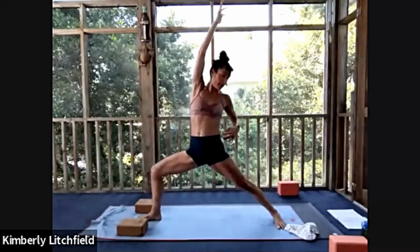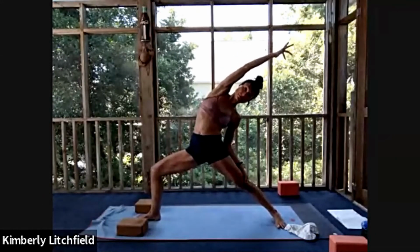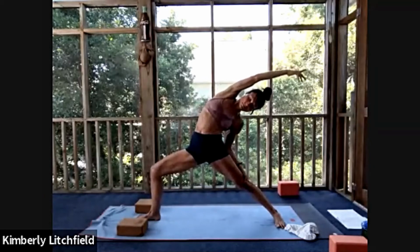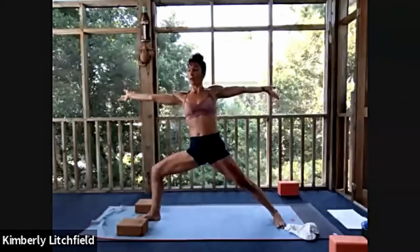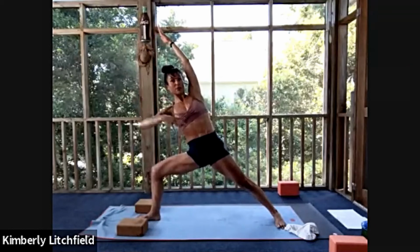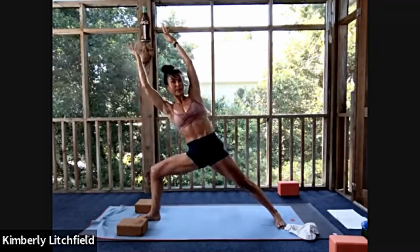Take a breath or come back to the breath. Inhale, warrior two. And then exhale, take both arms overhead and come to side angle. So we're back to that overhead arm to really work the core more, but all around the spine, that three-dimensional